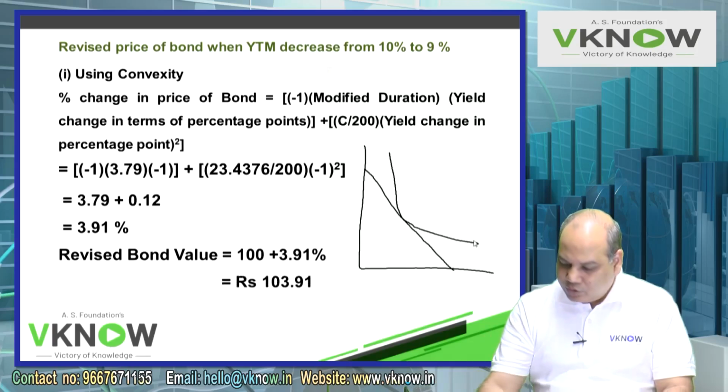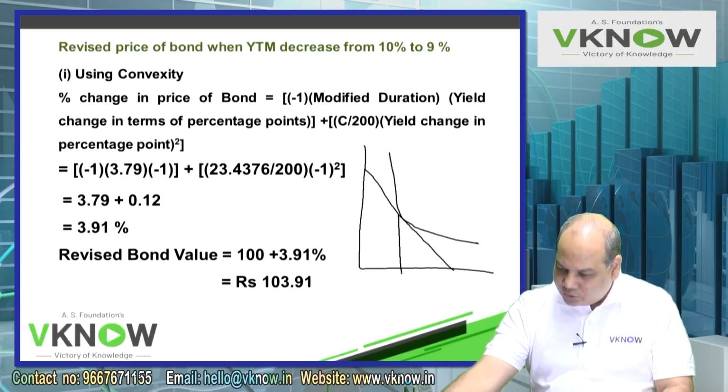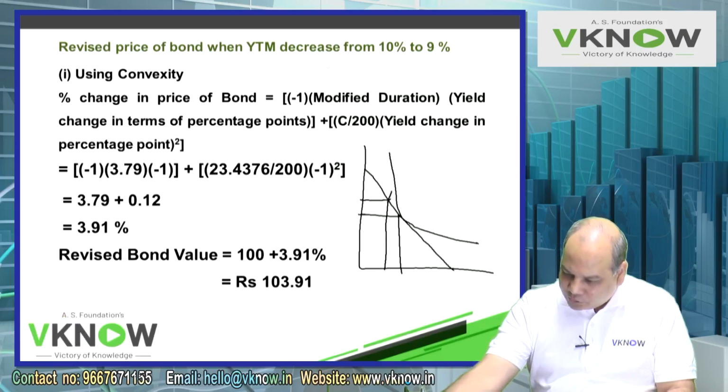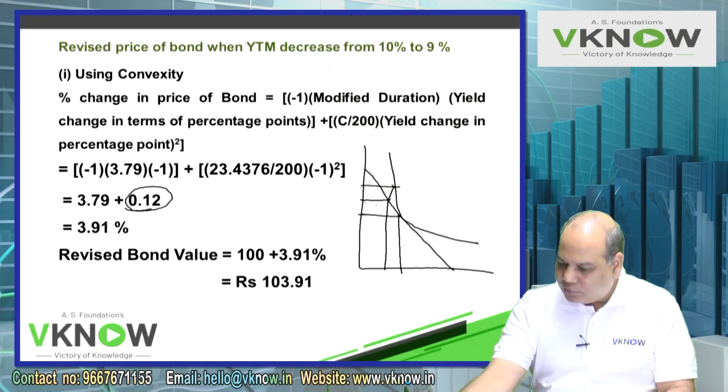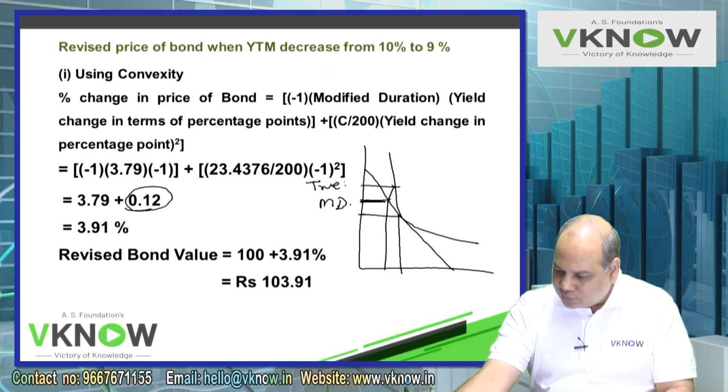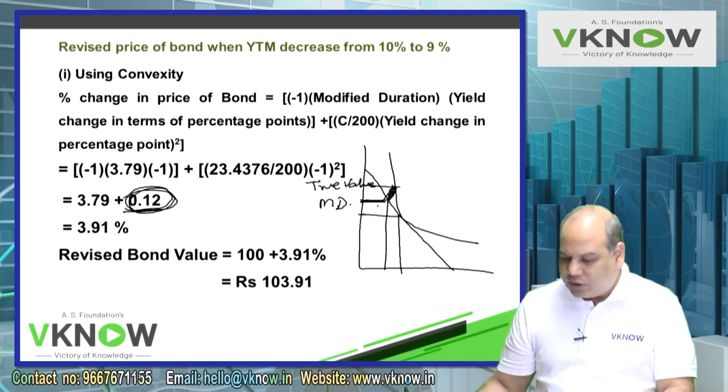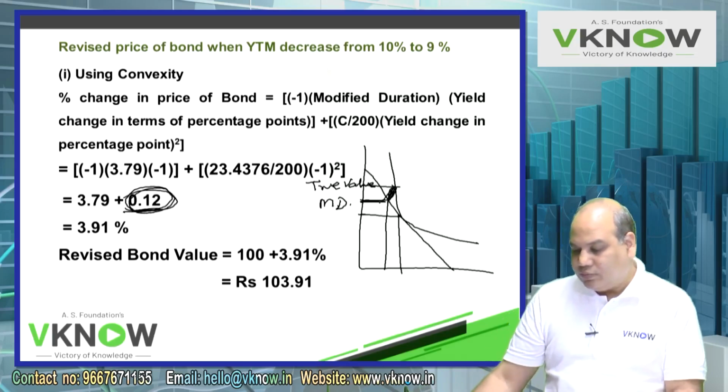You see on the screen, only for understanding, this is the current price, this is as per modified duration, but actual price will be a little more than what is given by modified duration, and this is the true value. So therefore this time we have to add this number, and this answer is a little higher than what is given by